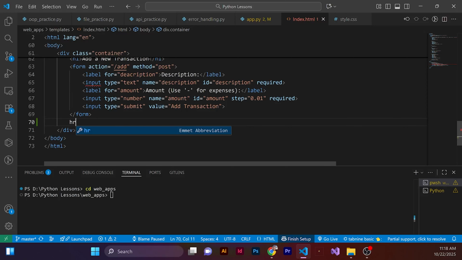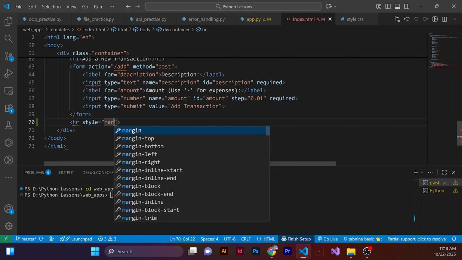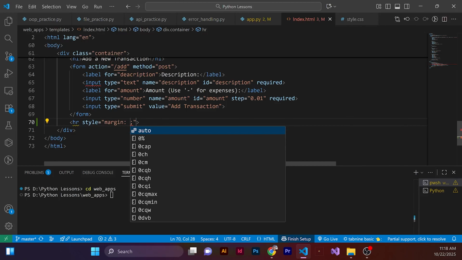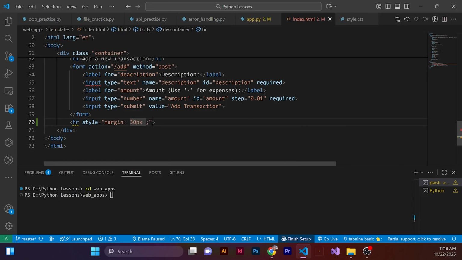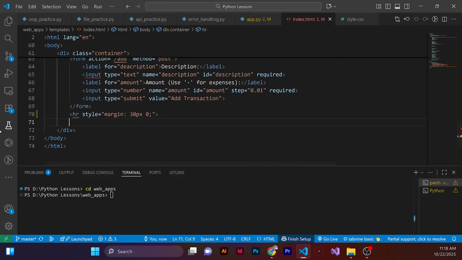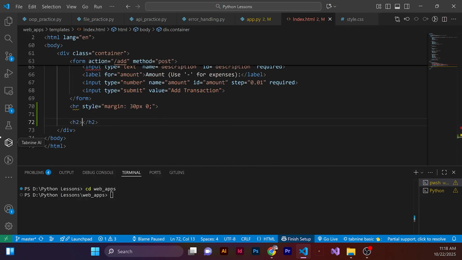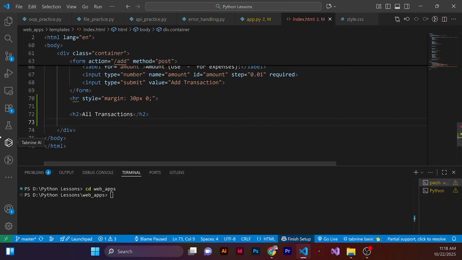So I'm going to have the HR, and we can put an inline style, maybe a margin of 30 pixels and then 0 pixels, and then we can have an H2 here, all transactions, and then we can have a table,